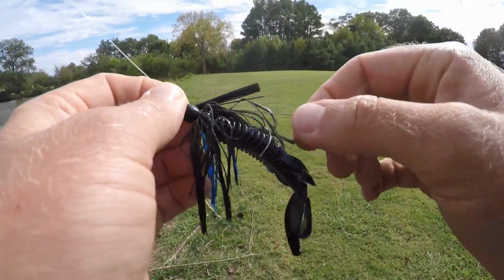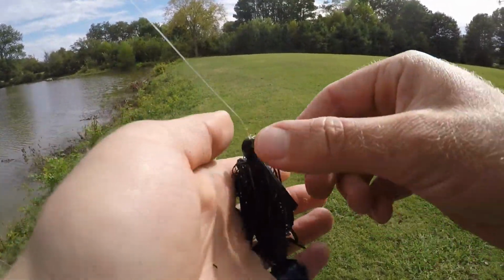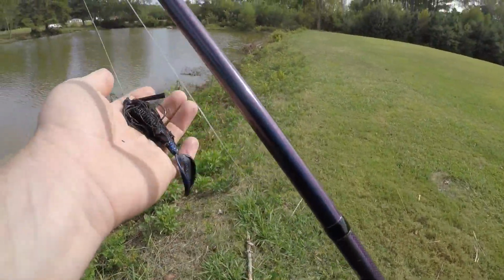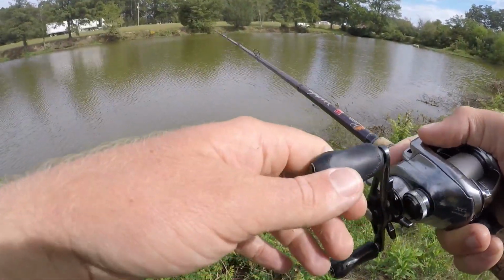It's a little bit finessier. It's got a lighter wire hook, softer weed guard, but I really like this jig. It's got a little bit finer skirt on it. Just a good overall jig. I like it a lot for bank fishing. I've caught a lot of big fish on it off the bank. But like I said, just play around with your retrieves,